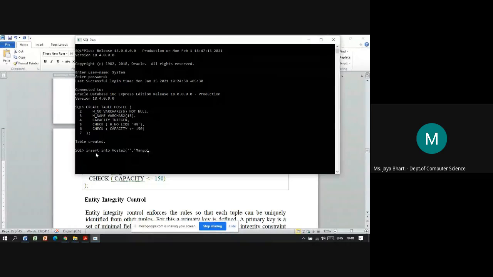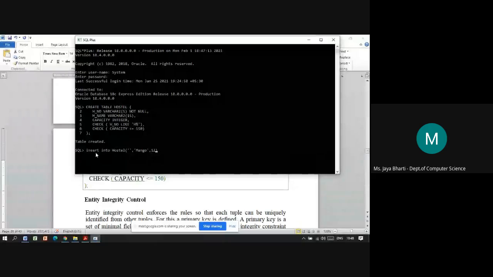Then capacity is an integer, so it comes without quotes; numeric data can be passed without quotes, while character and varchar data you have to pass between single quotes. So capacity, let's say 12 students.